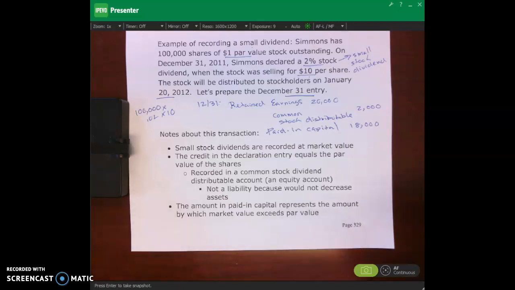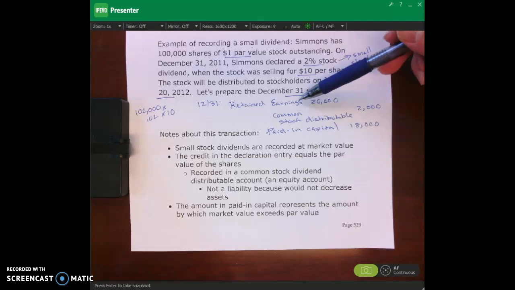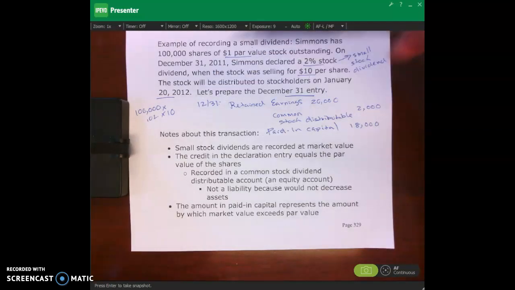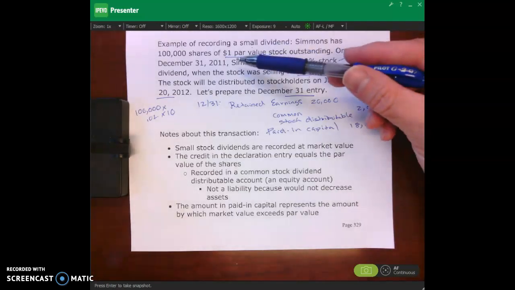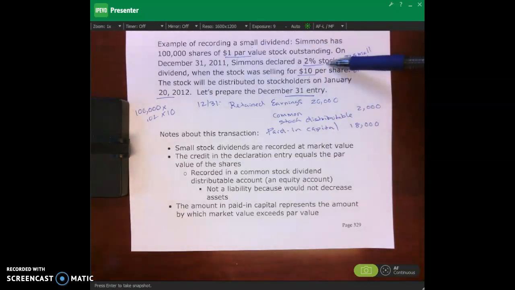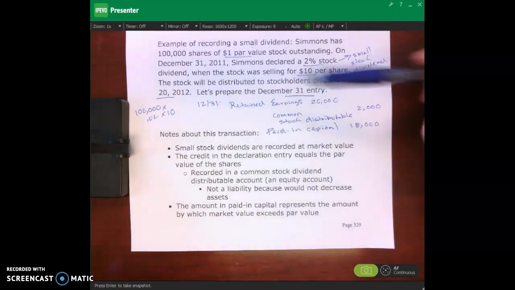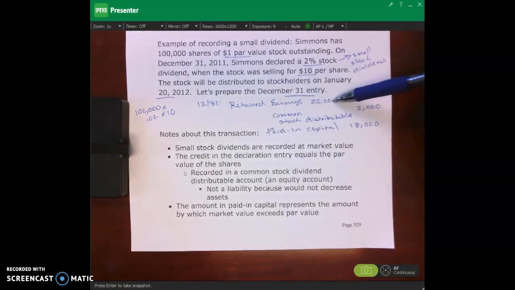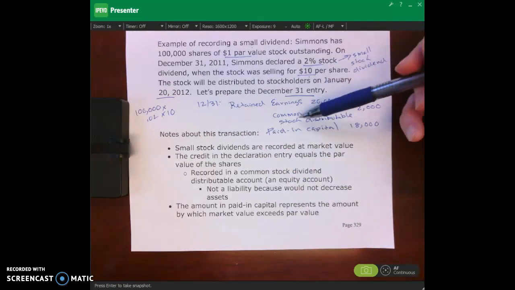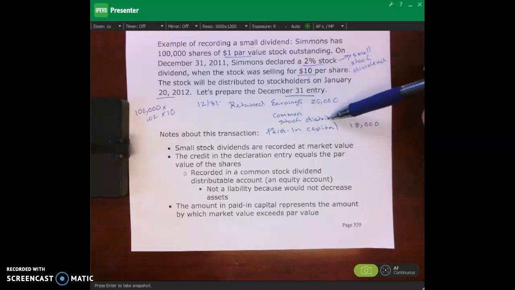With the small stock dividend, that's 25% or less of the outstanding shares, we debit retained earnings for the market value of those additional shares. In this case, we had 100,000 shares and a 2% stock dividend, so 2,000 new shares will be distributed to our stockholders, times the market value of $10. So we debit retained earnings for the market value, and then we credit our common stock distributable for this $2,000,